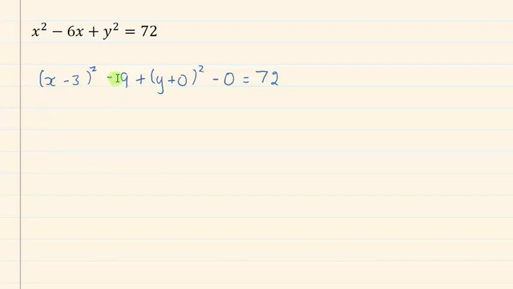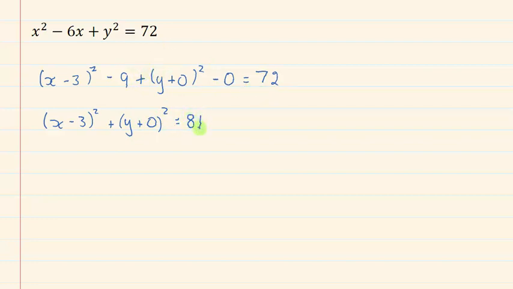From there, we collect the number terms to the other side. We do that by adding 9 to both sides. So that will leave x minus 3 all squared plus y plus 0 all squared will equal 72 plus 9,